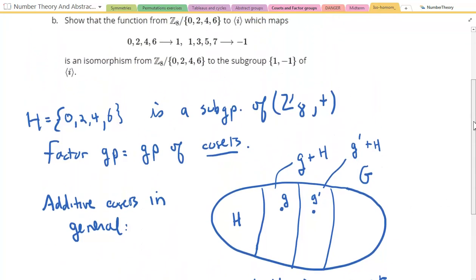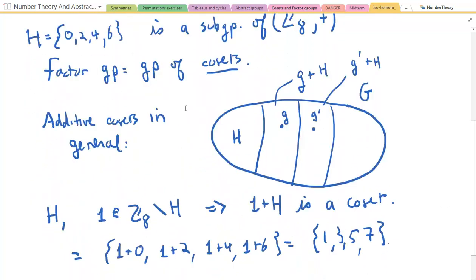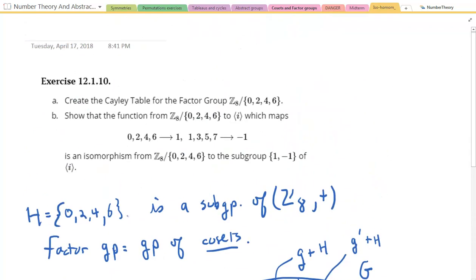cosets. So when it's asking for the Cayley table up here, let's go back up and see. When it's asking for the Cayley table, you can just use H and 1 plus H instead of writing the sets here. So if I was going to write, again, if I was going to write the Cayley table,